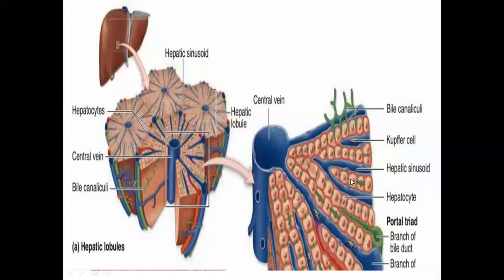In between the hepatic lamina, you can see the hepatic lacunae. These hepatic lacunae are occupied by the hepatic sinusoids. This is the hepatic lamina; these liver cords are considered the hepatic lamina. In between the hepatic lamina are the lacunae, and these lacunae are occupied by the liver sinusoids or hepatic sinusoids.